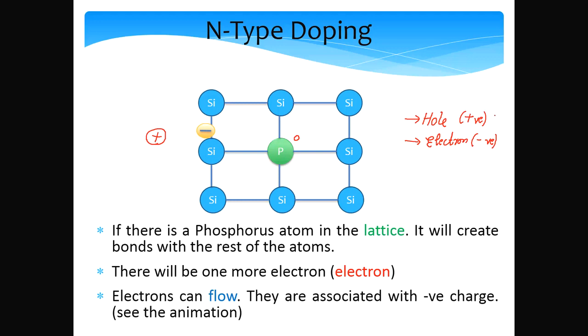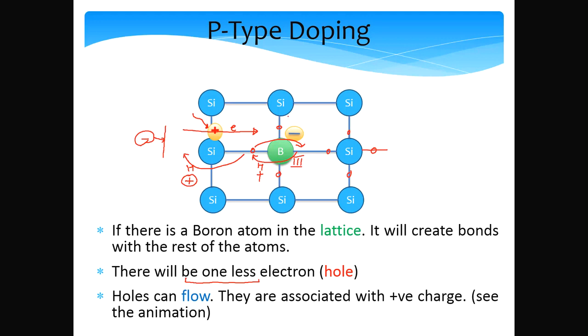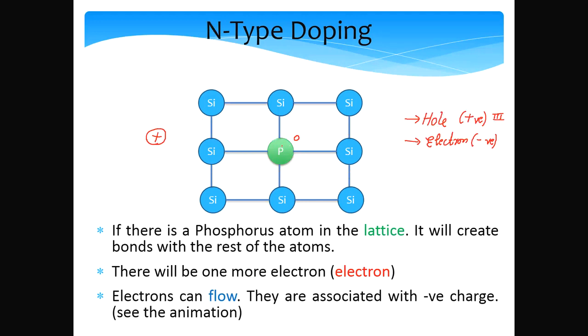So how is a hole introduced? A hole is introduced when you dope silicon with a group 3 element. In that case, one electron is missing from the lattice, as you can see from the previous slide, so that creates a hole, and the hole can migrate and electrons can come and fill it up. So basically the hole in this case is associated with positive charge. Similarly, in this case, we'll have an extra electron which can migrate within the lattice, and it will migrate towards the positive terminal as is shown in the animation over here, and thus it can carry current.